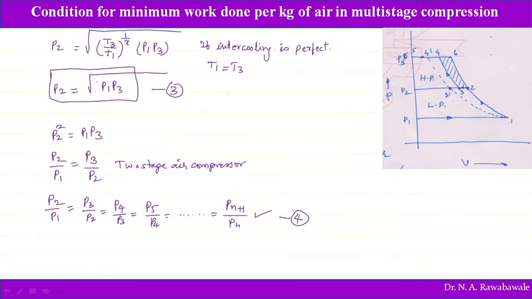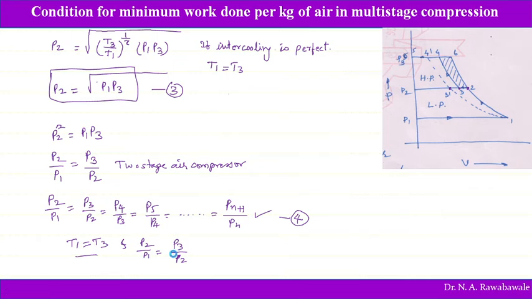Now if there is a perfect intercooling, and if we know the condition for the minimum work done required, then T1 is equal to T3 and P2 divided by P1 is equal to P3 divided by P2. So if there is a perfect intercooling and P2 divided by P1 is equal to P3 divided by P2, then